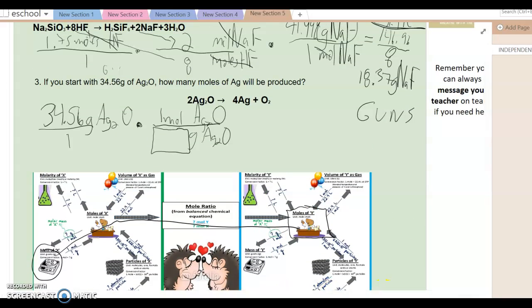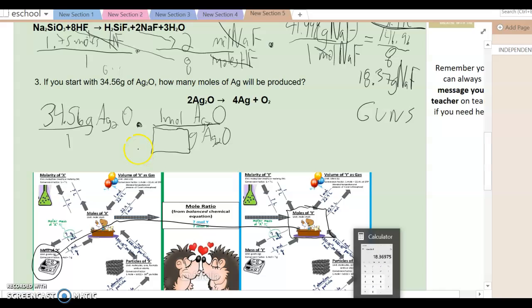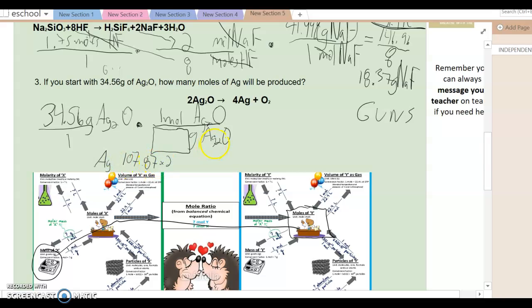I'll make this my little work zone. 107.87 times 2 for the 2 of them equals, I don't know,